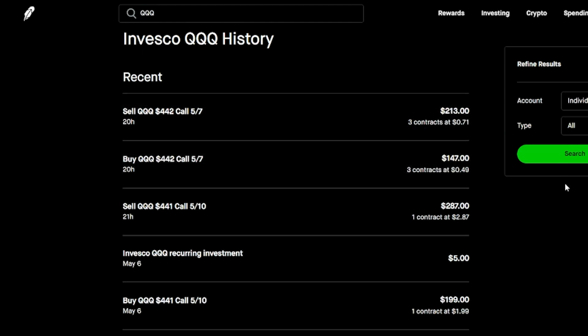So overall, my P&L for Tuesday was, my buy-in was $346. I ended up selling for $500 for a P&L of $154, or 44% ROI on my money. So not a bad day, not too many crazy trades. The market was kind of moving the way I anticipated, so I made those plays and I got out.